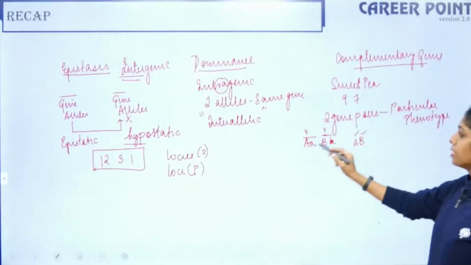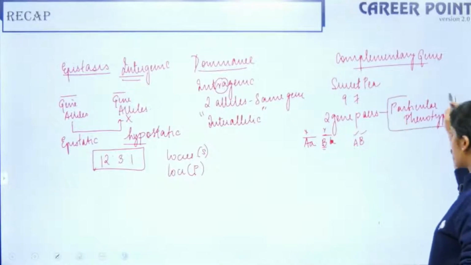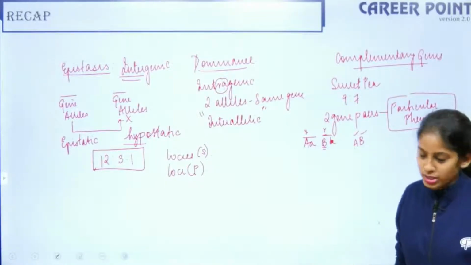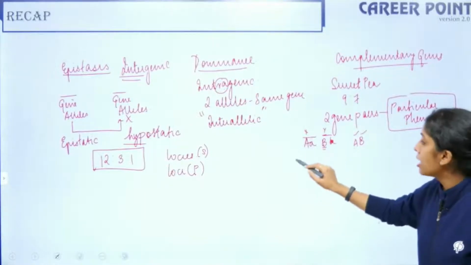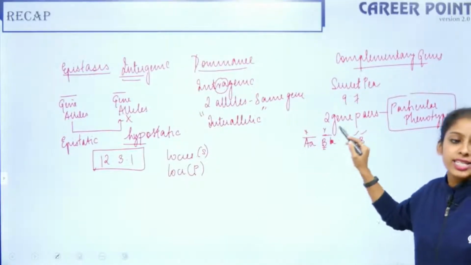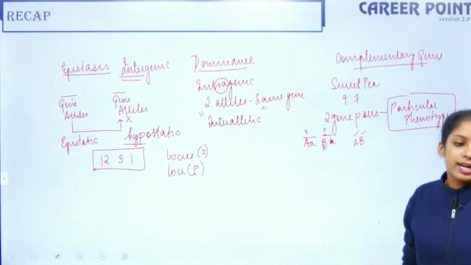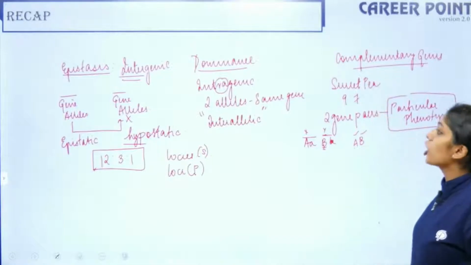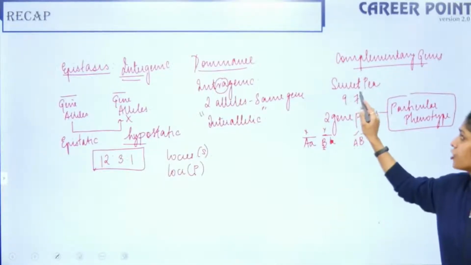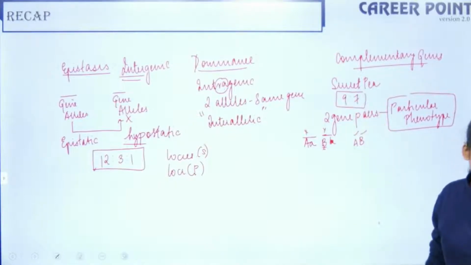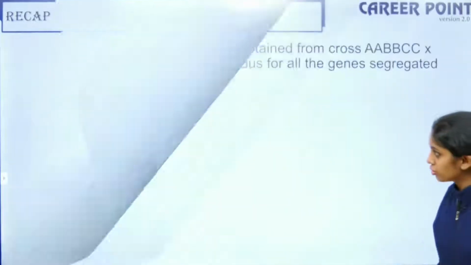So remember, there are two gene pairs. They interact to produce a specific phenotype, and the dominant allele of this character is not expressed unless the dominant allele of this gene is expressed. So for this A to be expressed, here also the dominant character should be present. So these are your complementary genes. All right, yes. So the ratio is 9:7. All right, clear? So wait, I have not started pleiotropic genes, Jyoti.